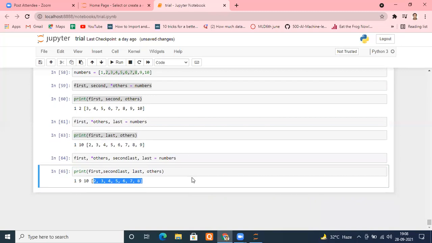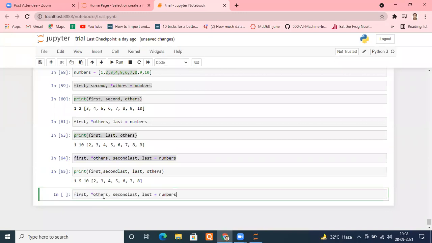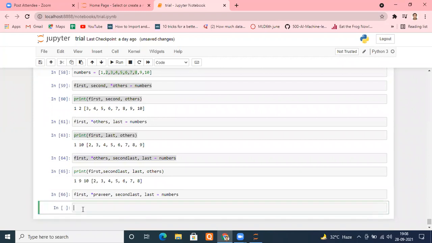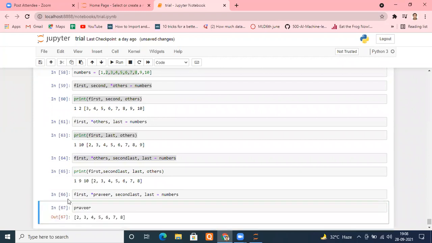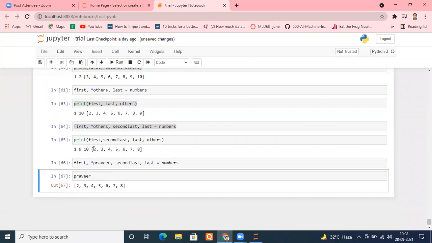Okay, so you can access as many elements as you want. You know the power of star. And it's not mandatory, I'm using others again and again. You can put any name you want. For example, I type my name instead of others. It doesn't matter at all. Others is just to indicate the rest. I can mention my name here. Okay, you can run this and check what is the value of Praveer here. See, the same thing, the same as it was written. So you can have anything you want. Any doubt, please?